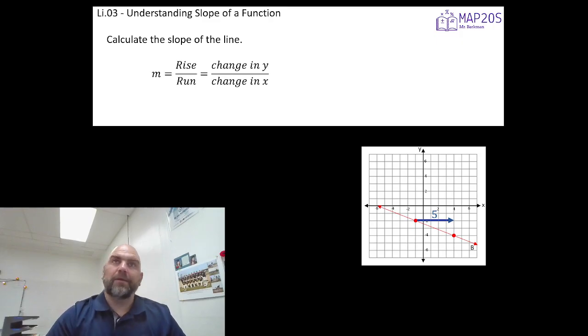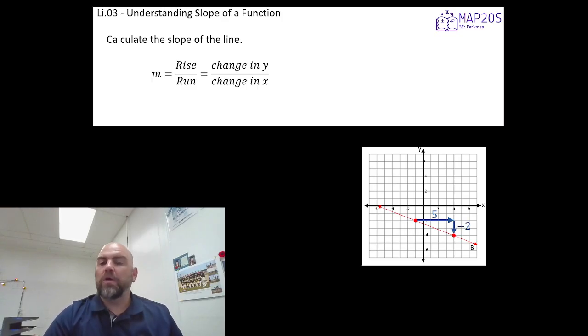The rise, going up and down, is going to be how much it is going up or down. In this case, from the point on the left to the point on the right, it is going down, which means that instead of having a rise, we have a drop. We're going to represent that with a negative number. And so our rise here is -2, so a drop, over